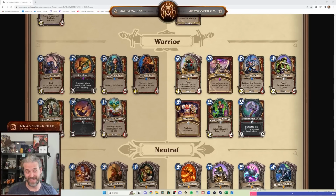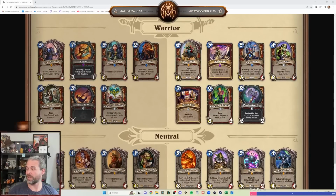One of the big things here, however, is Woodcutter's Axe. One of the things that I've mentioned many, many times is that I feel like one of the big problems that Warrior has is they didn't have good cheap weapons, whereas all these other decks have things like Bone Breaker or Cutlass or whatever. The only cheap weapon in Warrior was like Fire War Axe or the Hatchet. And Woodcutter's Axe,